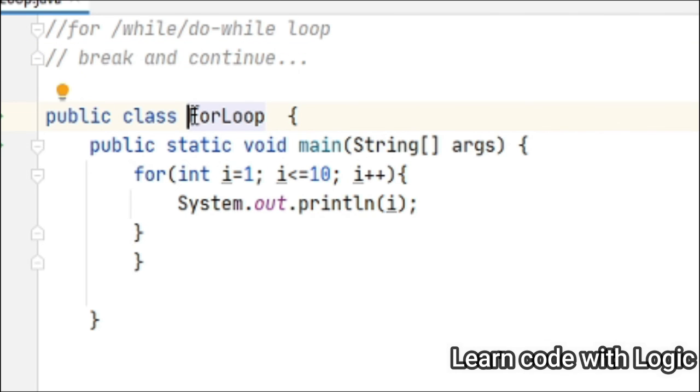As we know, these loops allow us to execute the code many times as long as the specified condition is true, right? But the break statement is used to jump out of the loop. Instead of jumping out of the loop, we can use continue so that we skip only one iteration. You'll understand once we write the code exactly what it does.